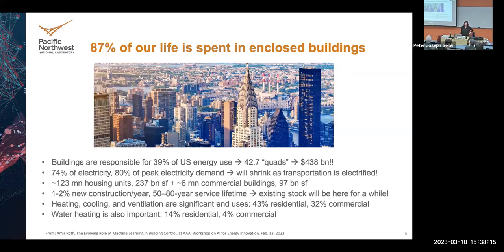And 123 million residential buildings, okay? And these buildings have 50 to 80 years lifetime. And they are here to stay. The building stock is being replenished or new construction is being added to the building stock. So it's growing at 1 or 2% per year, but the existing building stock, all of these millions of buildings are here and will be here for a while. And this motivates our research to help better control these existing buildings to reduce the energy consumption.